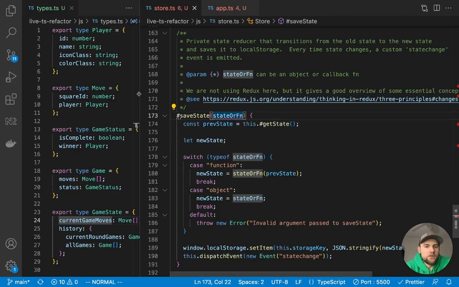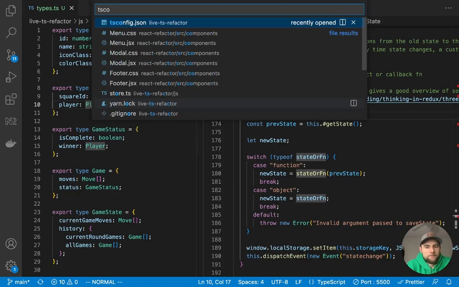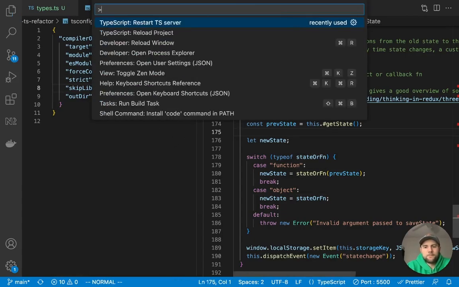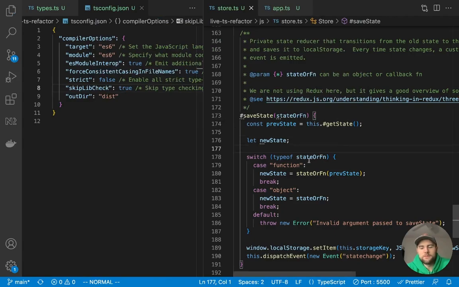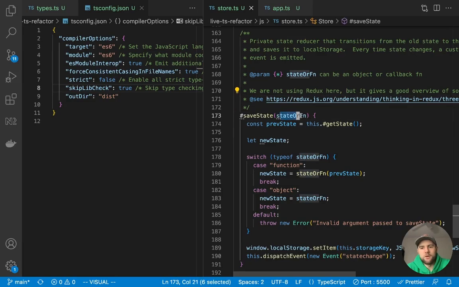One thing that we could do if we really wanted to, as we are refactoring this and migrating our code base, if we change strict to false and save that and then restart the TS server, you'll see that this no longer complains about this at all.